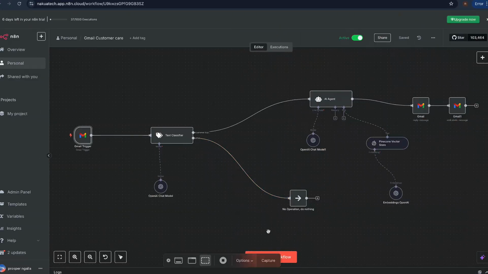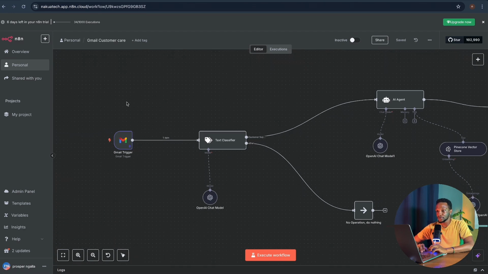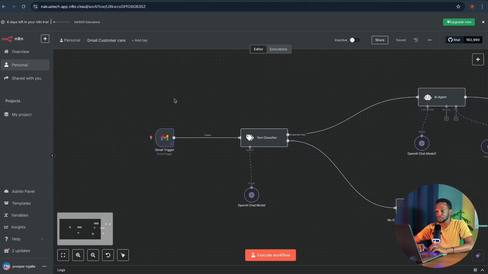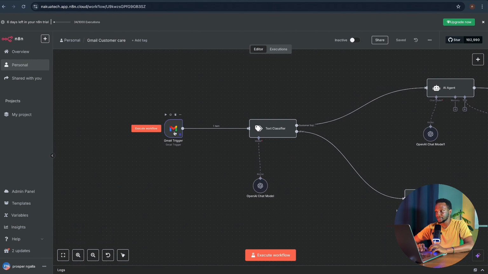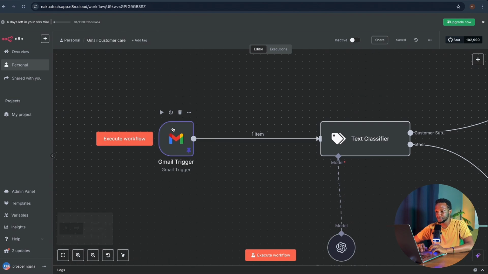For our last workflow, because of time and I don't want to make this video too long, I'll just be explaining what these nodes are doing and what's happening, and then I'll run it and show you. So again, every